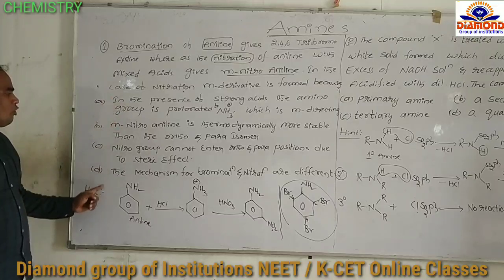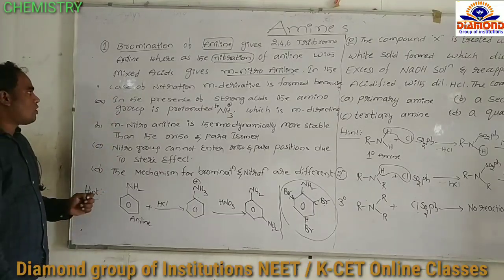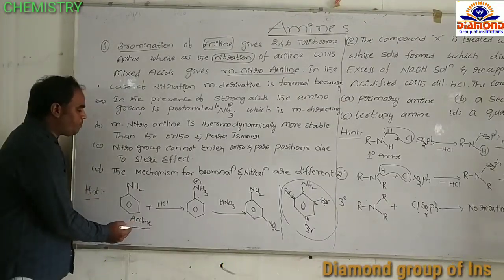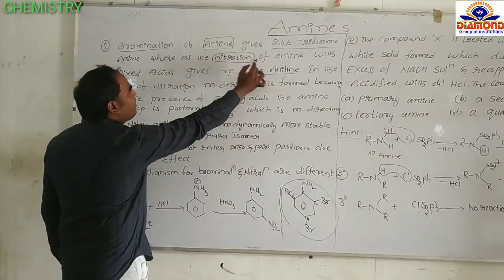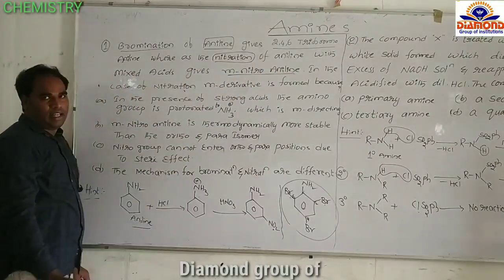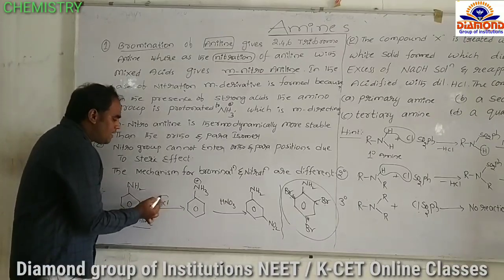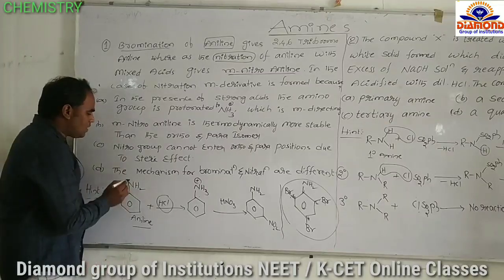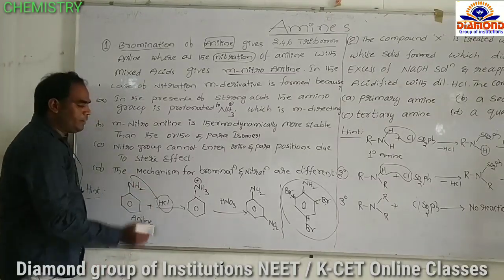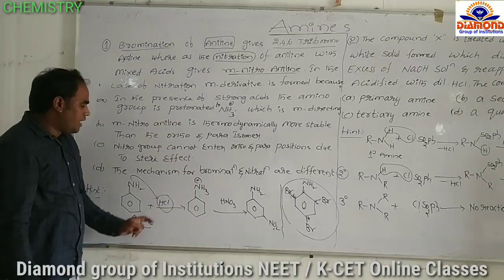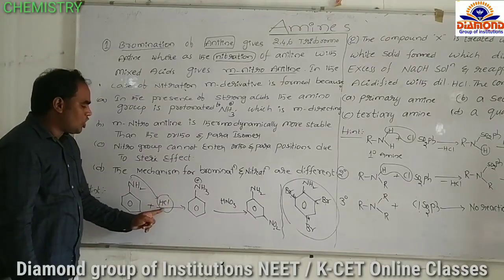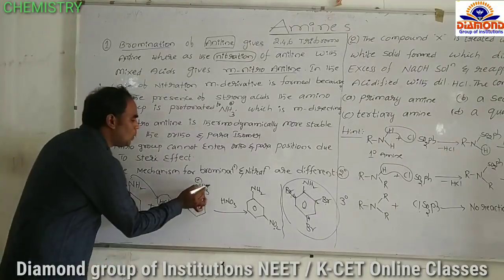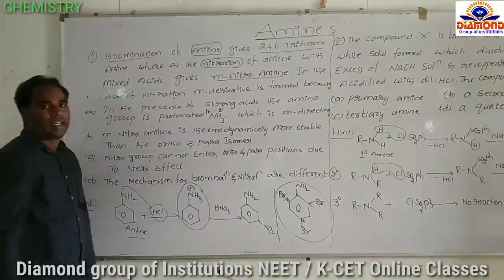They have given four options here. To solve this question, here is the hint. Aniline reacts with mixed acids like HCl and HNO3. Aniline in the presence of HCl undergoes protonation, which means aniline attracts the proton from HCl. HCl dissociates as H plus and Cl minus, and H plus adds to aniline, so it is converted to the anilinium ion.